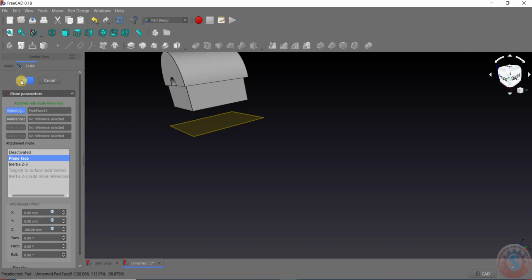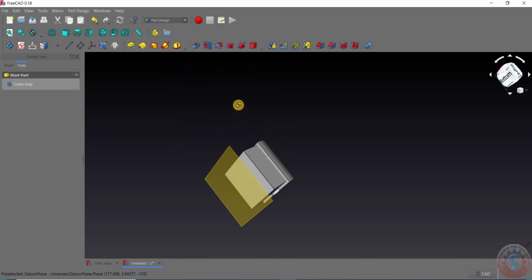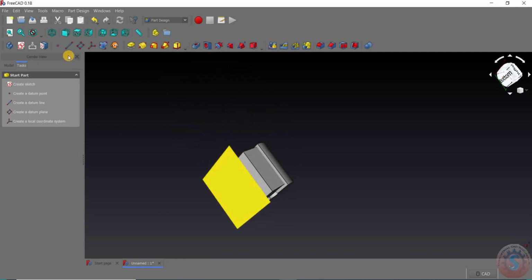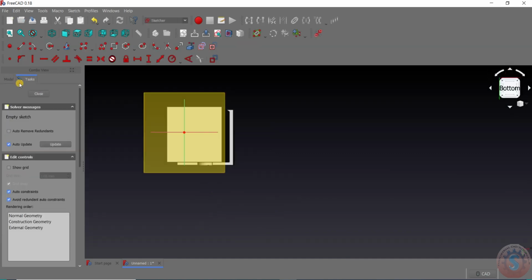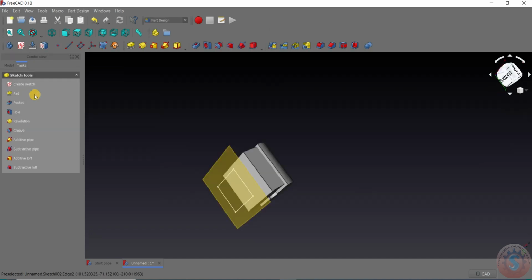I will explain later. And click on OK of this. And after that the plane does not dissipate, you can observe on this plane, select this plane and click on the create sketch. After that, create a sketch. I want to create some small profile here to loft, and click on close.